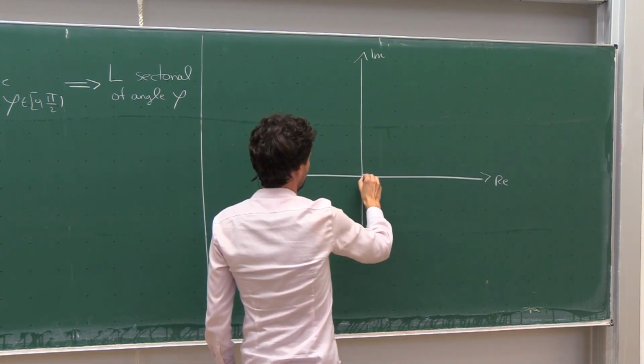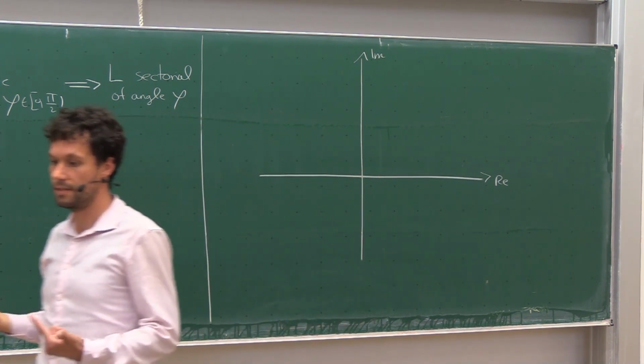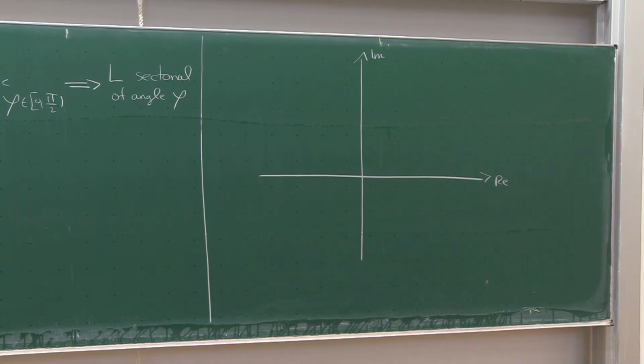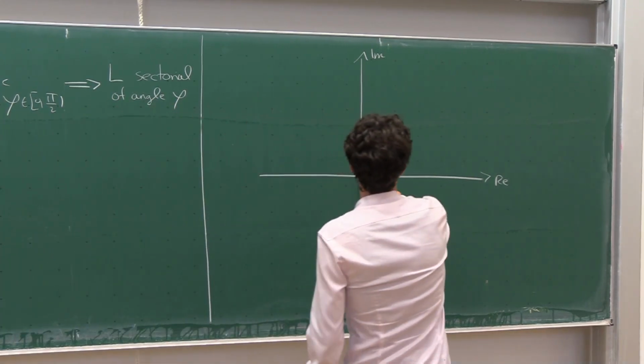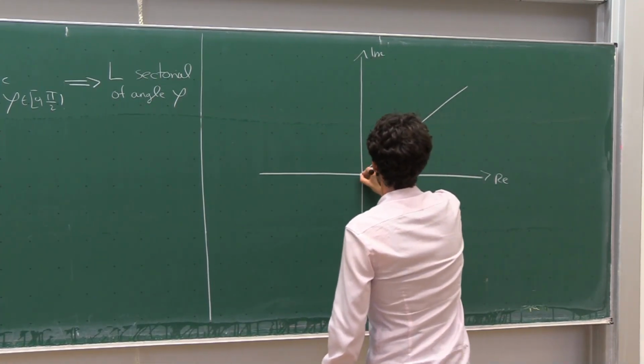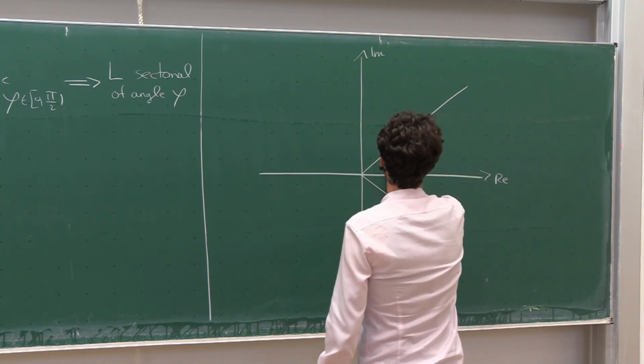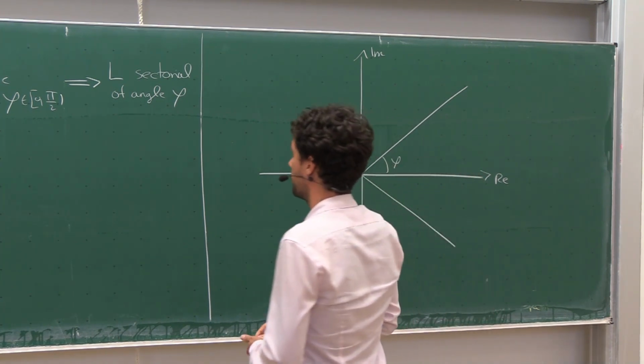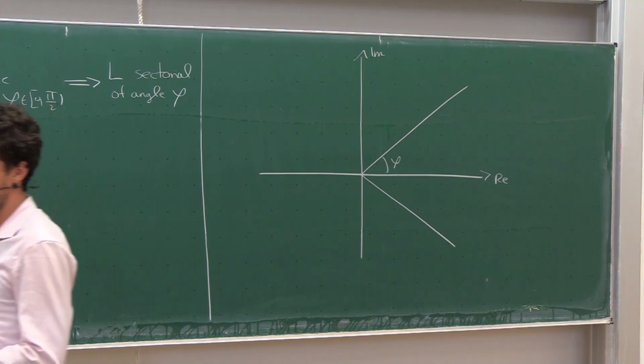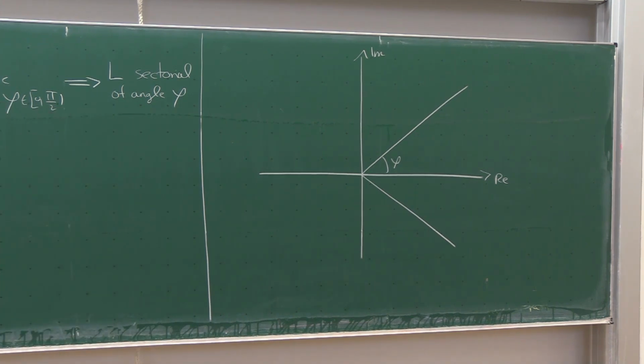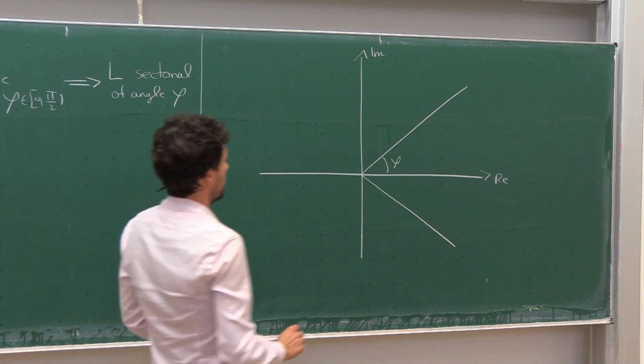Now, if you would know that the quadratic form takes values in a smaller sector, so suppose this is phi, and the sesquilinear form takes values only in this sector, then